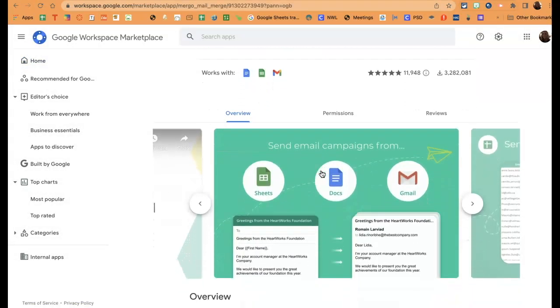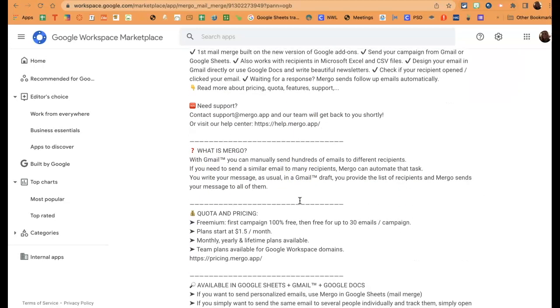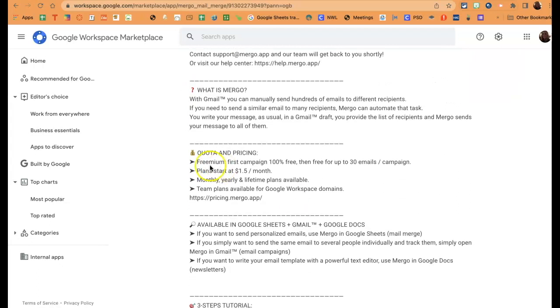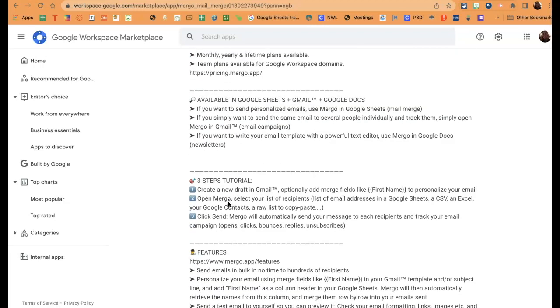Here's where you can see what it does, and you can also see pricing. Notice that this one says free of charge with paid features. I'm not really sure. Here we go. First campaign, and then free for up to 30 emails, plan start. So I could give this a try